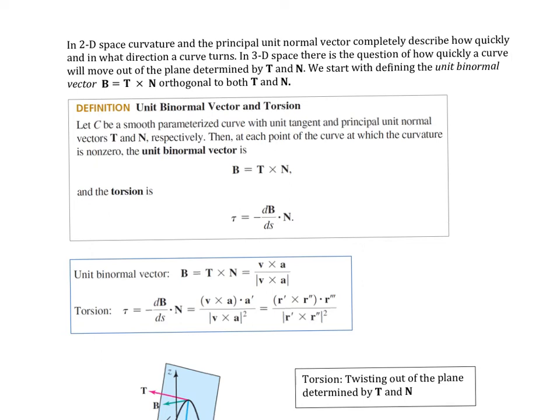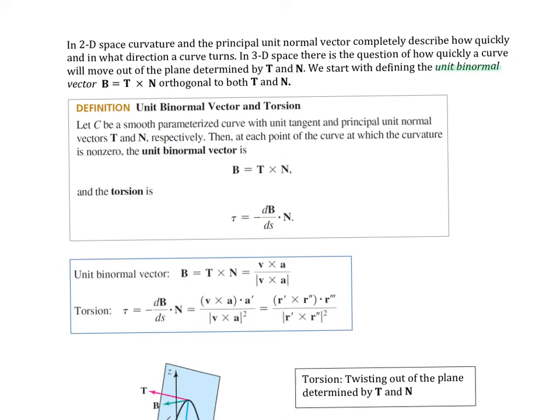Think about the plane that passes through them. So I'll just call that the tangent normal vector, or the TN plane. Okay? We want to move in 3 dimensions, so we need another vector to describe this third dimension. And that's going to be our binormal vector. Okay? We're going to use a capital B